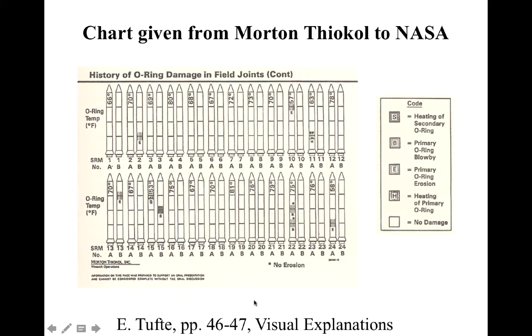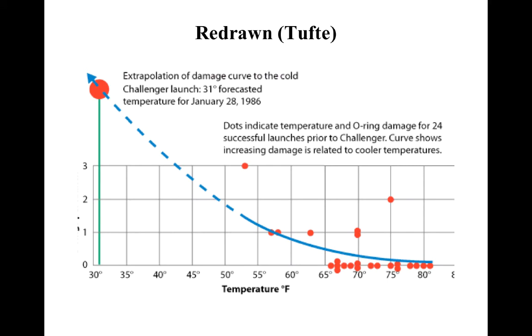Edward Tufte used this as an example in his book, and what he did is take the same data and plot it in a different way. So the question that we're trying to ask here is, what's the relationship between temperature and damage, and specifically, should we launch the shuttle today? Here's his redrawn version of that data. So we have dots indicating the O-ring damage, we have temperature on the x-axis, and we have severity of the